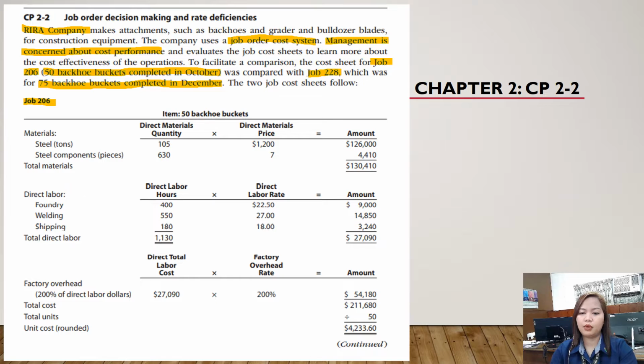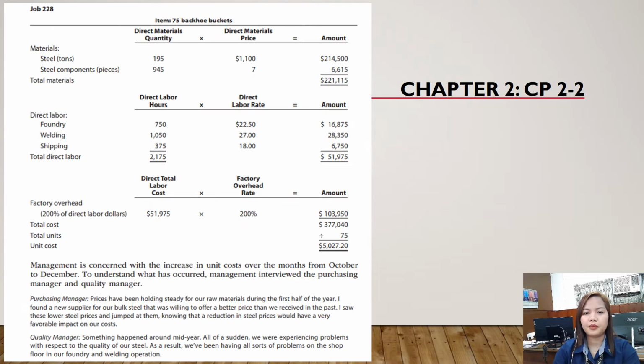This is for job 206, good for 50 backhoe buckets. The materials, the direct labor, and the factory overhead used in production are presented. For job 228, which is good for 75 backhoe buckets, the materials, direct labor, and factory overhead are presented as